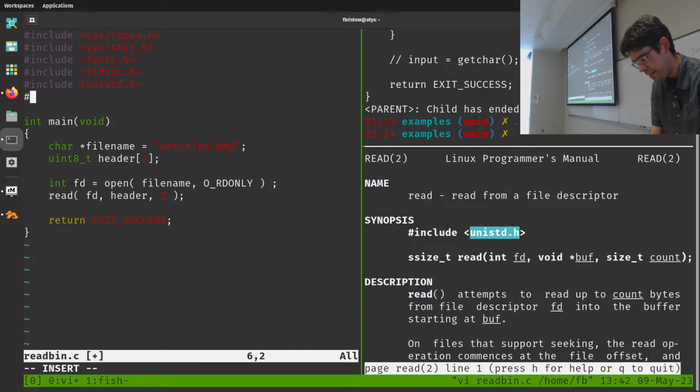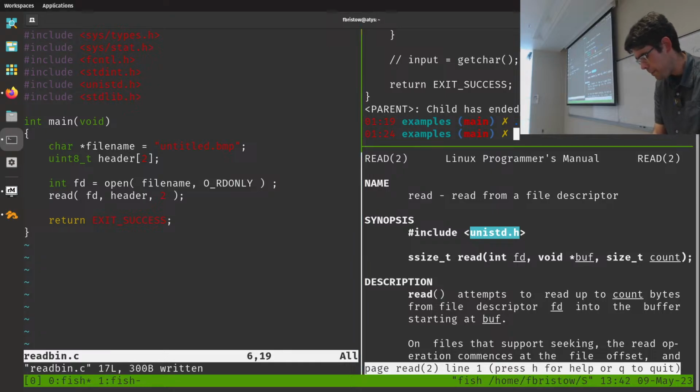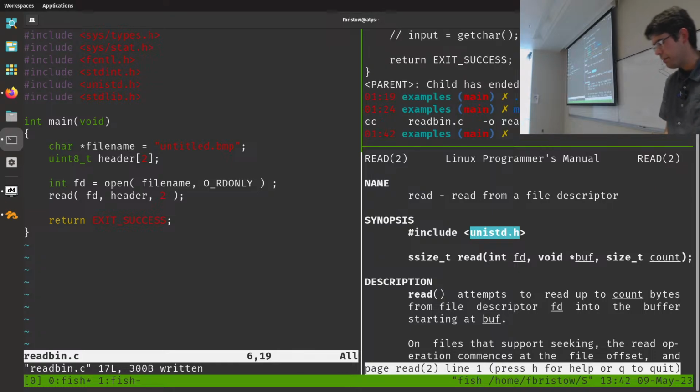And to get exit success, I need to include stdlib.h. OK. I'm going to make read bin and hope that there are no compile errors here. OK, good, good. Every single time I do this in class, live demos, it's just like, oh, I really hope